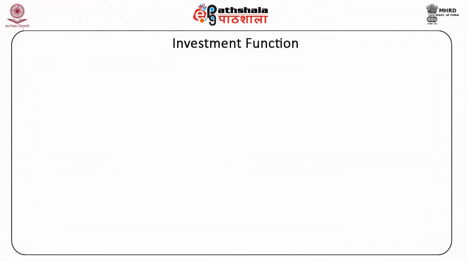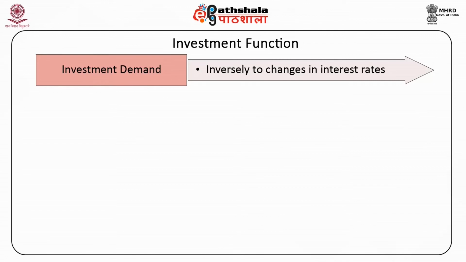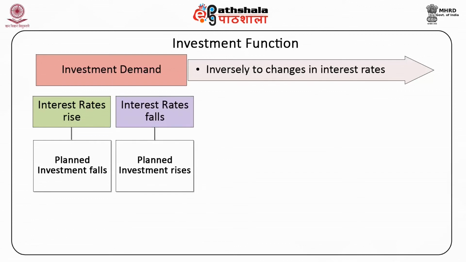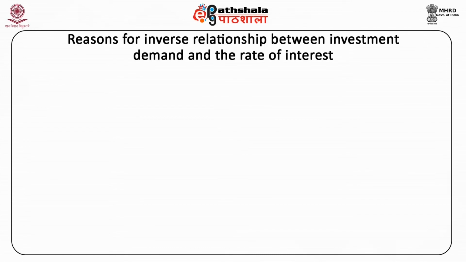short run. In this section, we will show that investment demand responds inversely to changes in interest rates. As interest rates rise, planned investment falls and vice versa. This gives a downward sloping investment demand function, as we can see in the figure. In what follows, we will try to understand the reason behind the inverse relation between investment demand and the rate